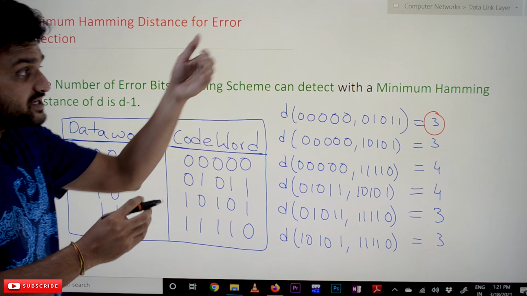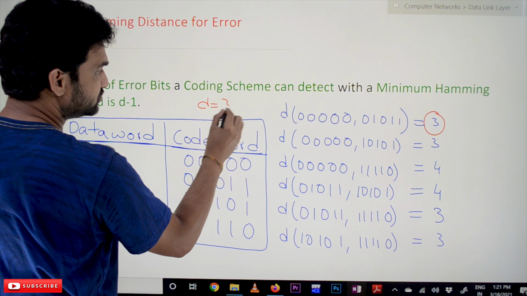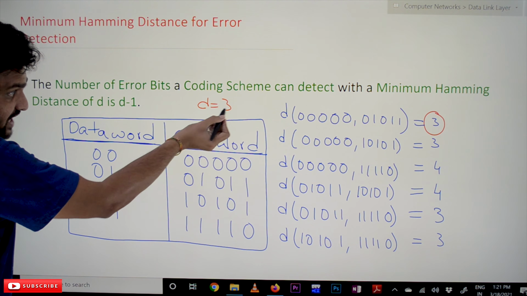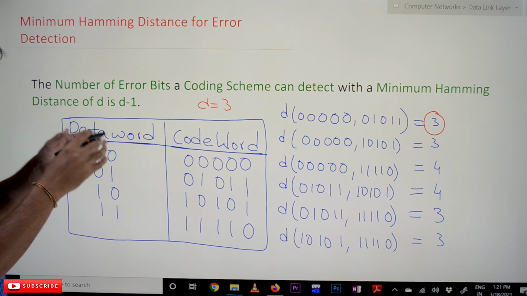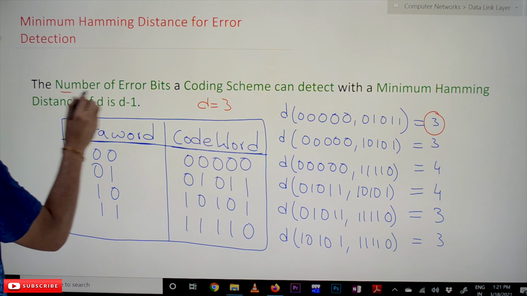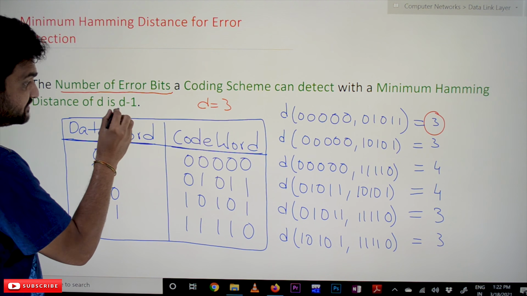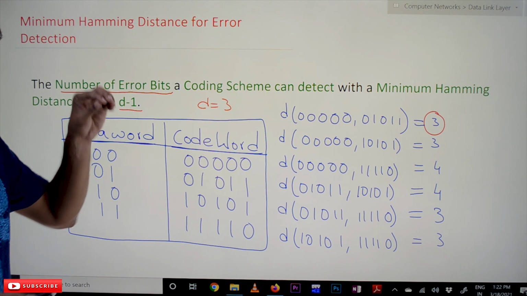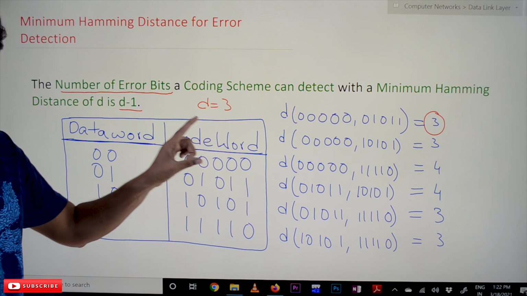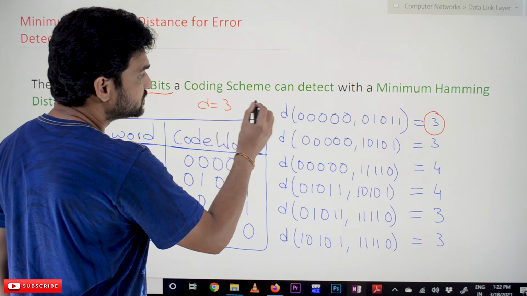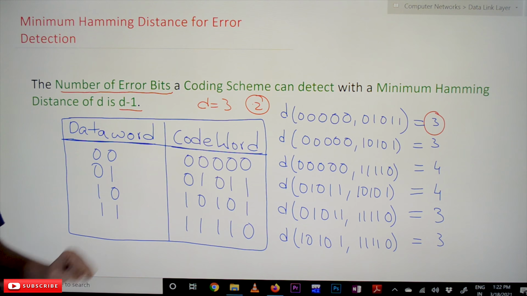Here d is equal to 3. The number of error bits that we can identify is d minus 1, which means the number of errors that we can identify for this coding scheme is 2. Two errors can be identified for this coding scheme.